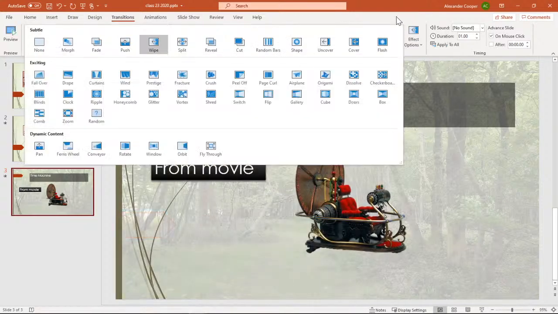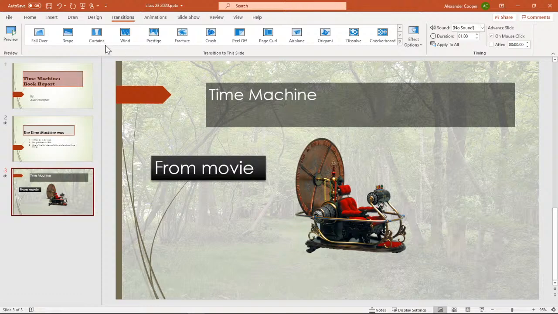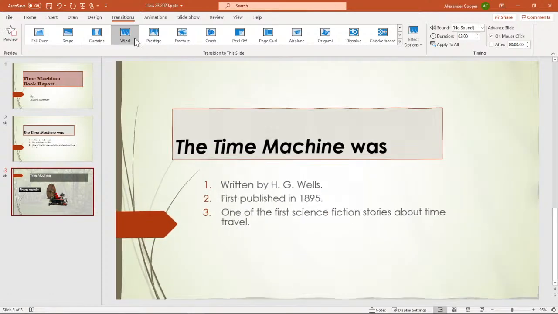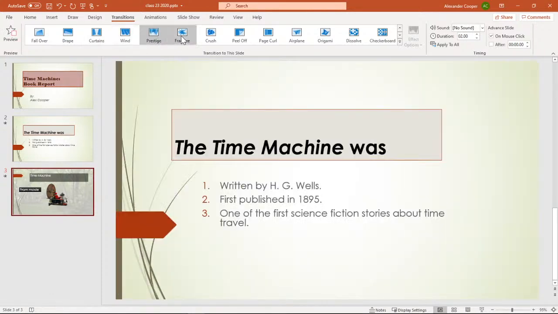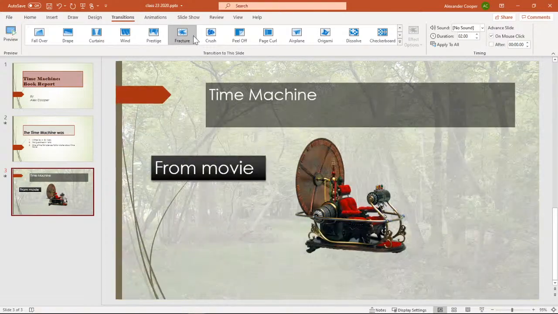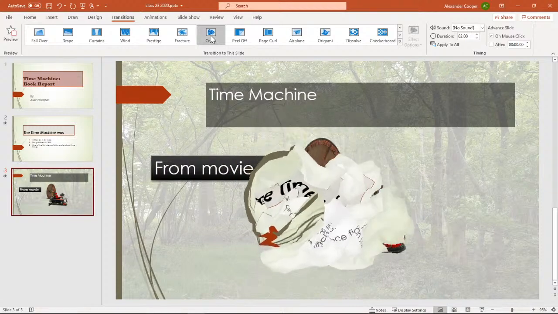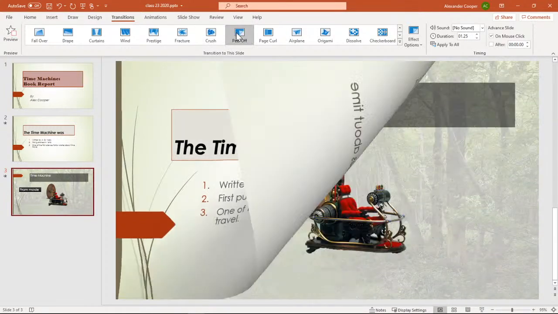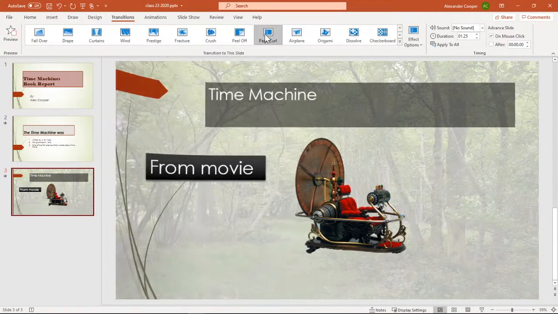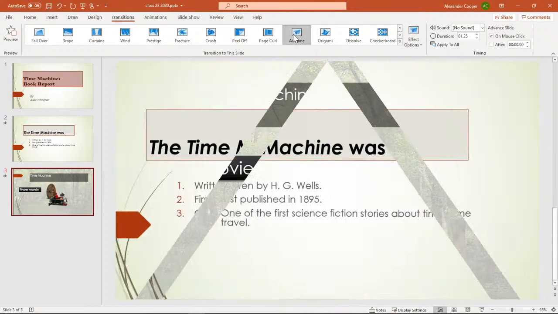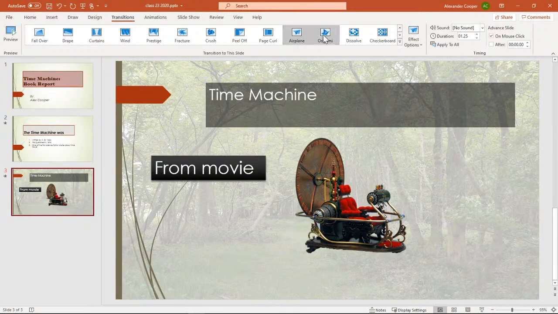Let's see. This one, the wind. Isn't that cool? Peeled off. It's like it's turning the pages of the book. Airplane is really neat.